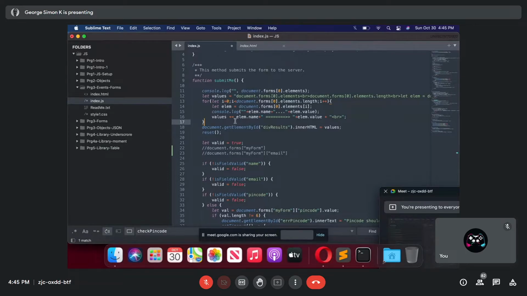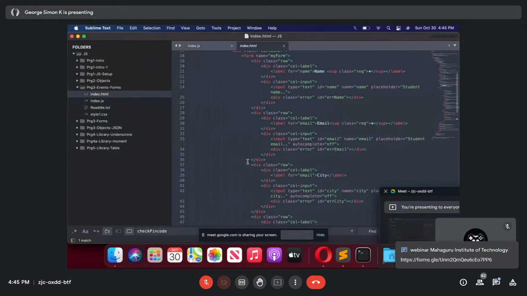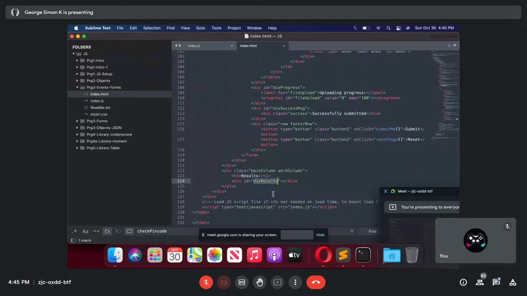I'm making a string concatenating the name of the element and the value of the element, and I'm displaying it to div results. Div results is another block in the HTML.